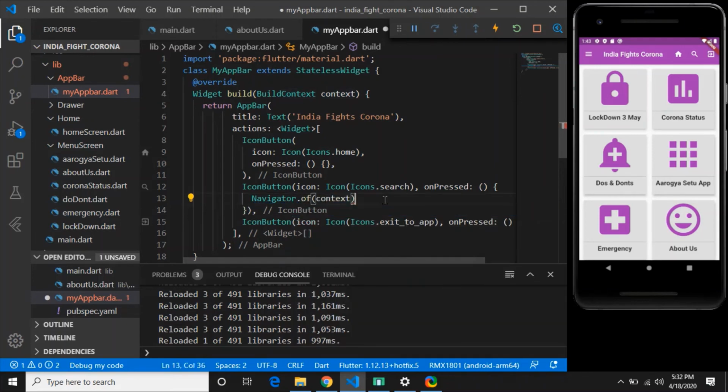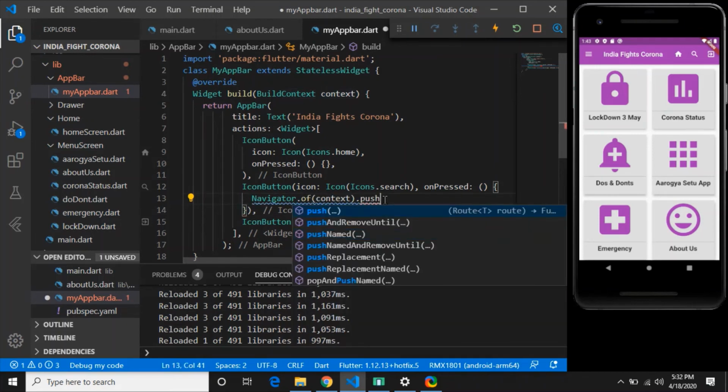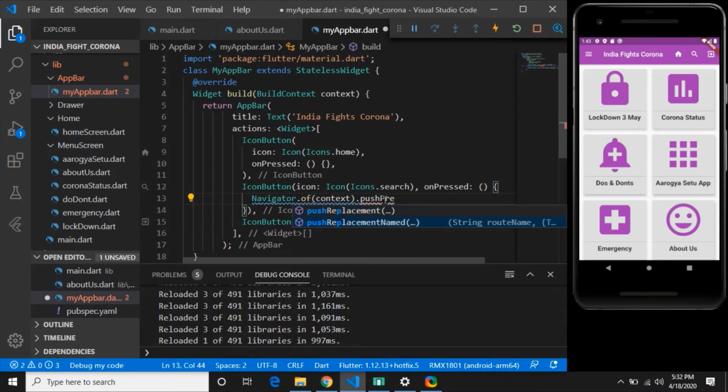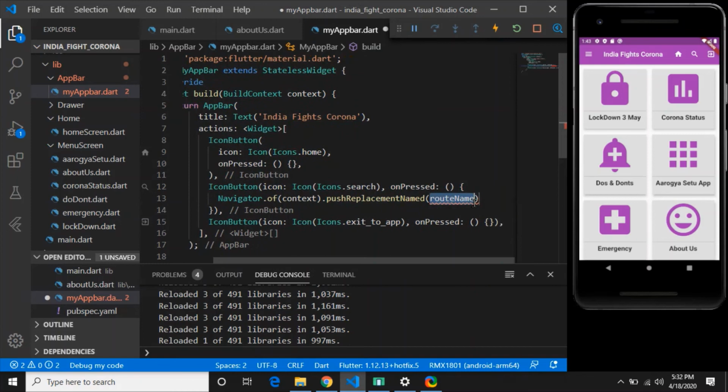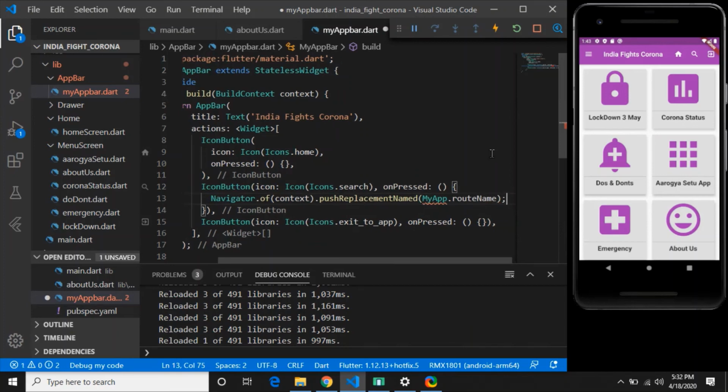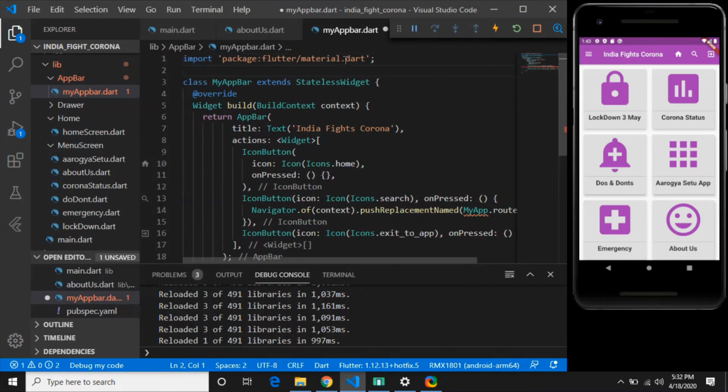So if I write here MyApp dot routeName, this is not identifying the route name. Let's add the import, and your main dot dart file should be imported here. So dot dot slash, and you can have this main dot dart. Now that error has gone,